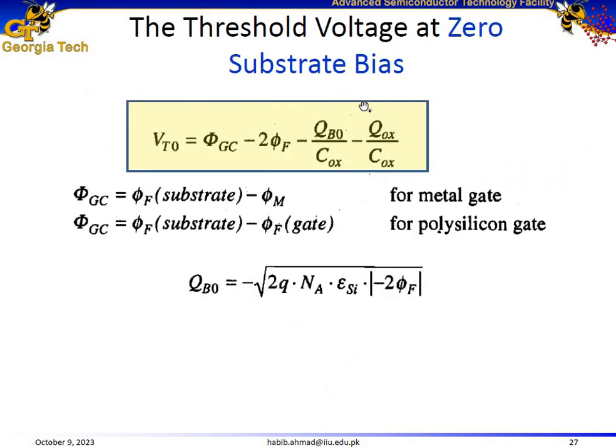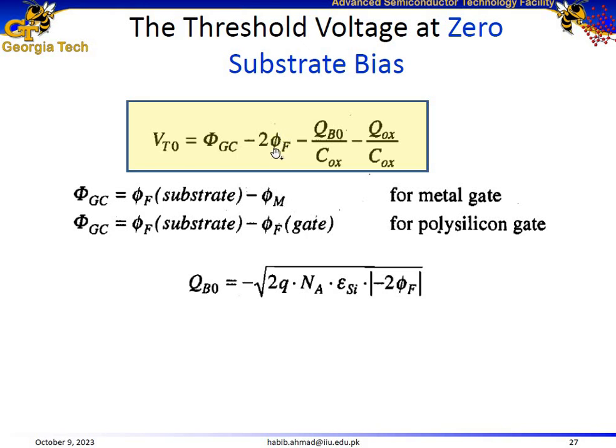Under 0 applied bias, it's equal to the work function difference between the substrate and the metal, and then we add this component which represents the surface potential, and then the depletion region charge density, and then the oxide charges. It's simple to calculate the work function phi GC. It's the work function difference between the substrate and the metal,